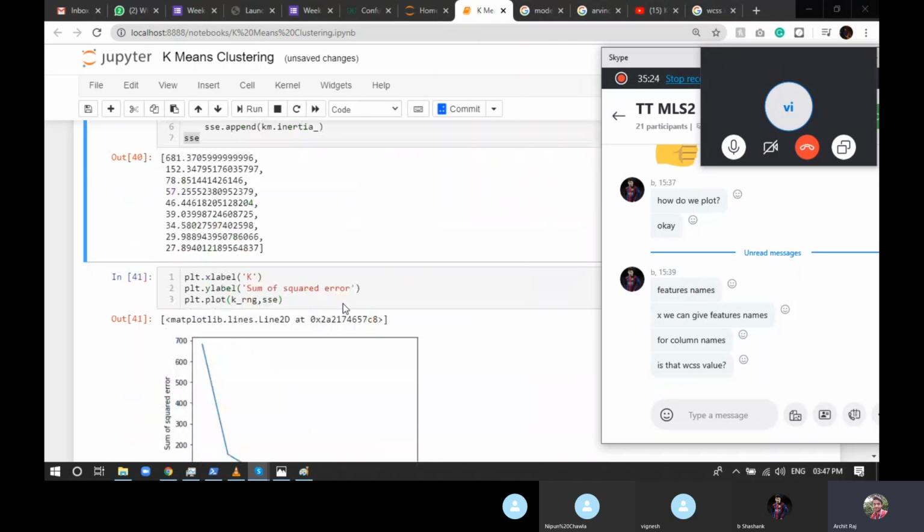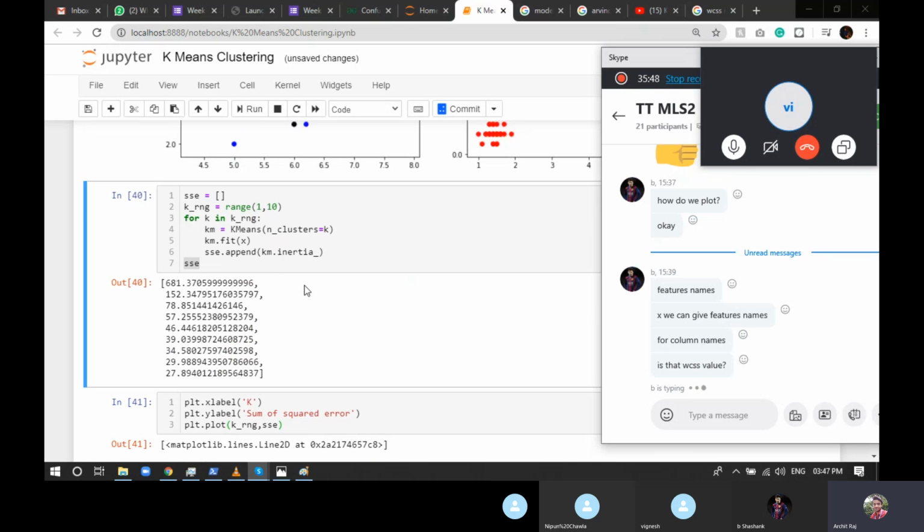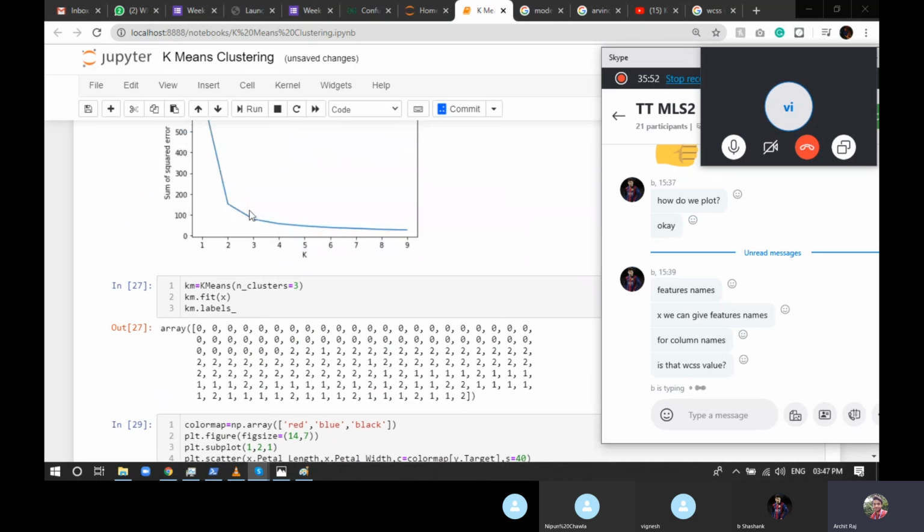Now what you're going to do is plot it. After plotting, as I told you, find the point after which the slope, the changes in WCSS, becomes really subtle. You can see from 1 to 2 there's a huge change, 2 to 3 there's a huge change, after 3 the changes become really subtle. So what will be the value of k? It was 3. Even though we knew the first time that the value of k was 3, even if we didn't know, the elbow method is telling us the best number of clusters will be 3.